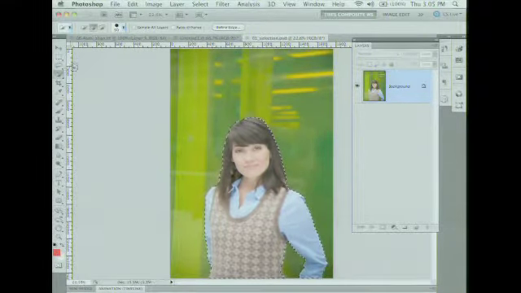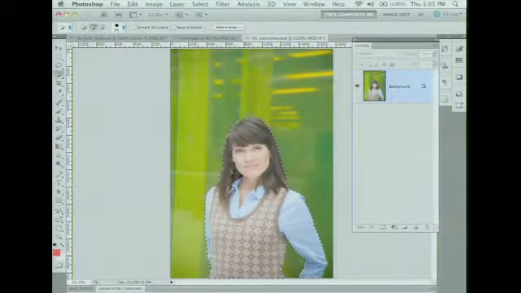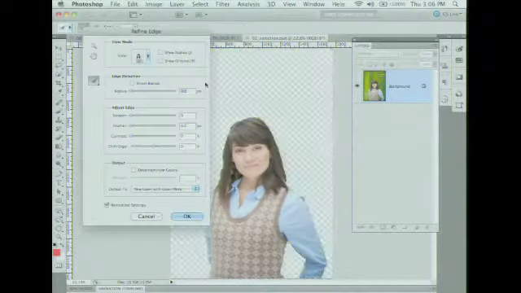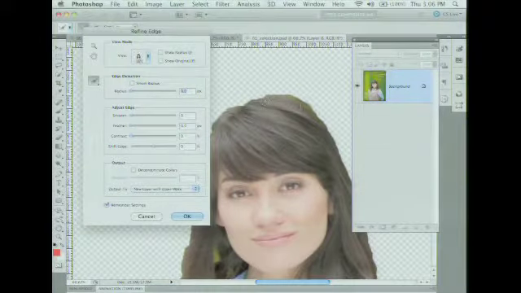If you want to learn about the selection tools, lynda.com has several movies on making selections, and they're worth checking out. But the final thing that I need to do is click on Refine Edge, and I do this every time I make a selection. Because what Refine Edge does is, you see how chunky? Let me zoom in so you can see. You see how chunky that is? That doesn't look real at all. Unless I drag this slider over,